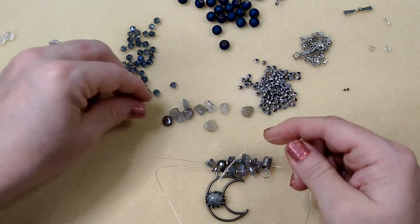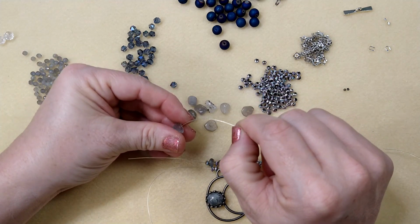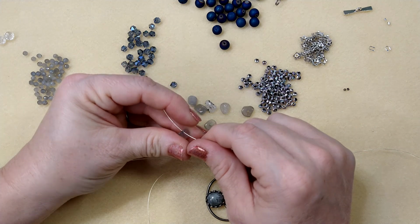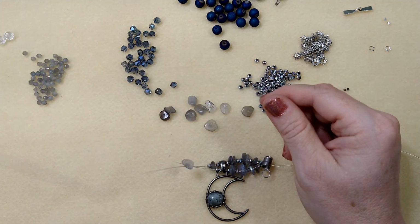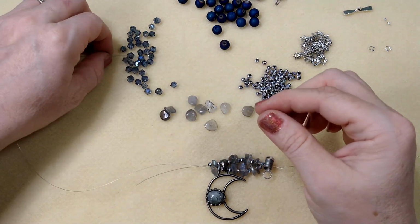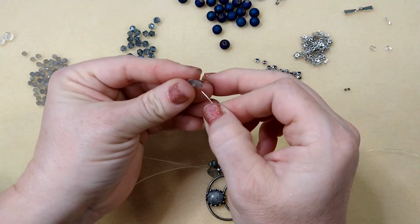And then I'll do a couple chips down here on the bottom. And what you're... oh, that one's almost, but I don't know if I should use that one. He might come off. We'll see. He's drilled really close to the edge, but he might be okay. We're going to add a couple on the bottom